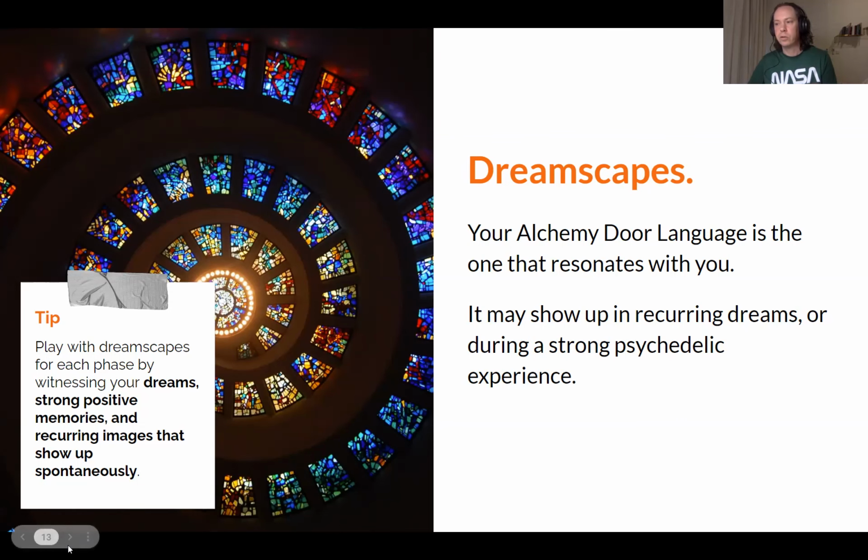So you're going to look for dreamscapes in your big memorable dreams or recurring dreams. You're going to look for them in visuals that occur during a psychedelic trip. You're going to look for them in recurring themes or images in waking life. Maybe it's an animal that keeps showing up in your life. Synchronicities, precognition, a flash of an image that might not have a lot of context and seems to come out of nowhere, but it just flashes in your mind. So we're kind of trying to track those and use them here.